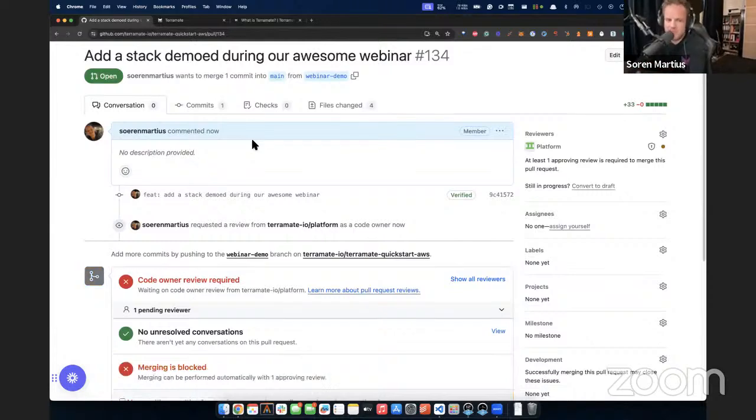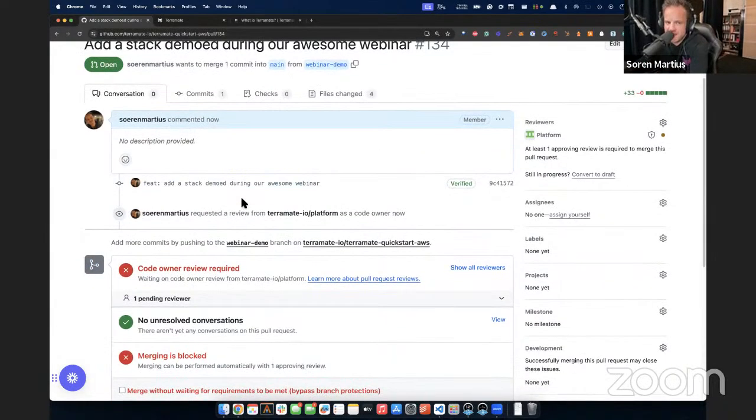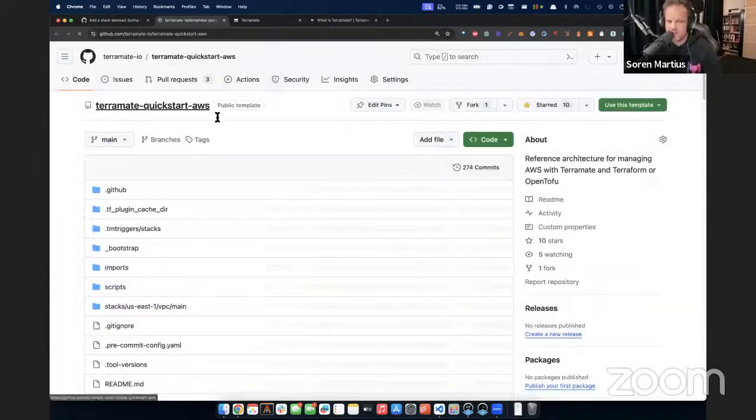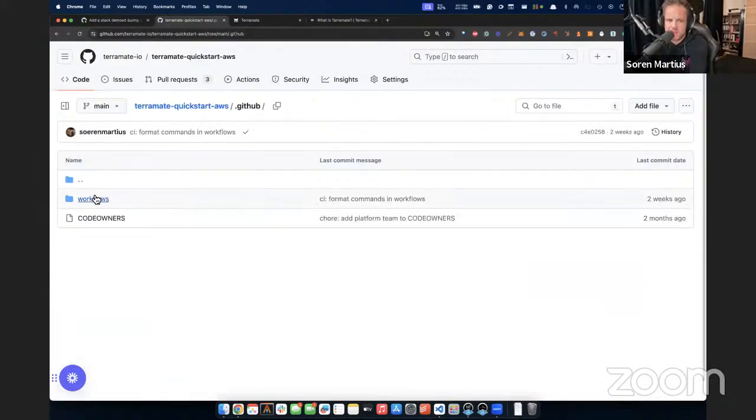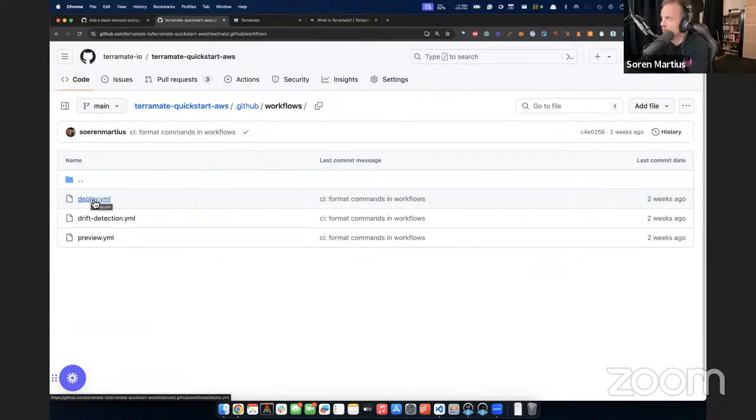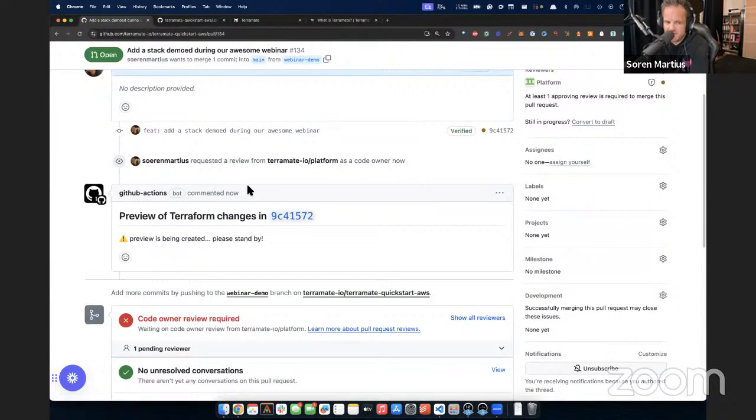So what's happening now is that if we look here at the workflows provided with this demo, we have three different workflows. We have a workflow for previews, we have a workflow for deploys, and we have a workflow for drift detection. And the way this works in the preview, we'll see this in a second, is that Terramate CLI runs on GitHub Actions and detects a list of all stacks that contain changes